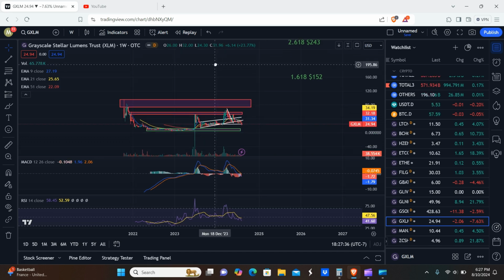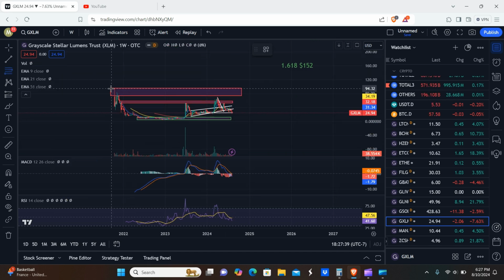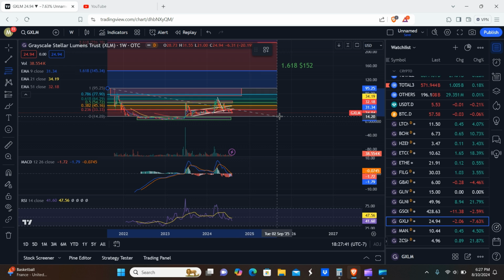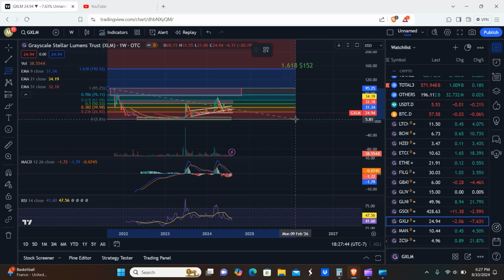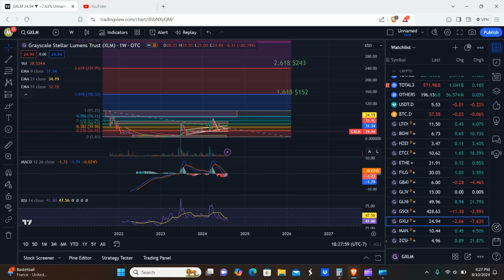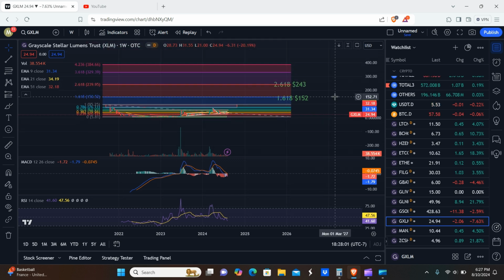Just so y'all know, we did actually have some Stellar in the previous cycle. That was one of the few altcoins that was actually listed on Coinbase back in the previous cycle. They had, what was it? I think they had Orchid, Ethereum Classic, Litecoin, Bitcoin, and Stellar. They did have Mana, but it was only on Coinbase Pro. They didn't have it on Coinbase. I can't remember which other ones they had. I think they had Dash and Zcash, some of the old tokens. They didn't have a lot back then. They didn't really start adding new ones until the 2021 bull run.